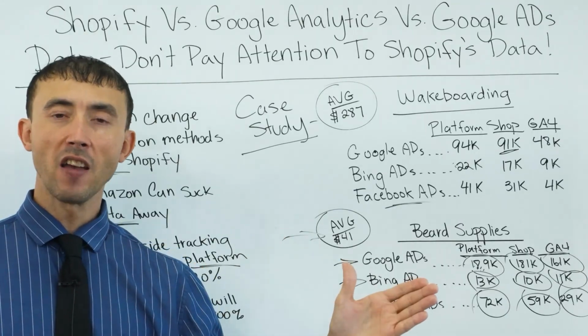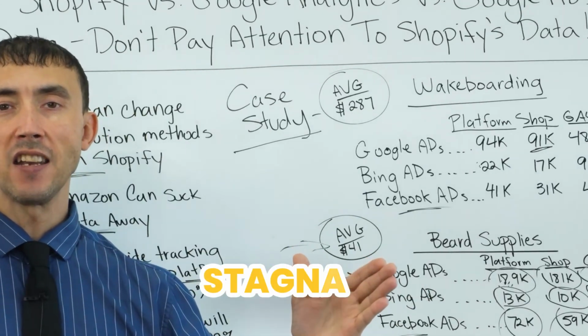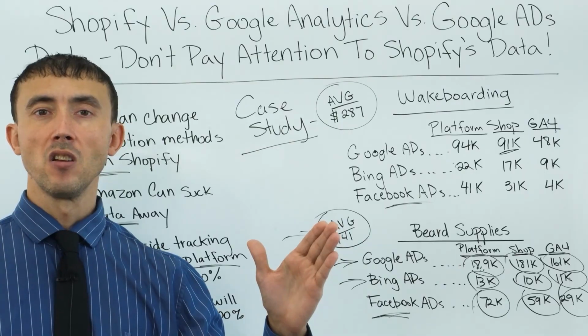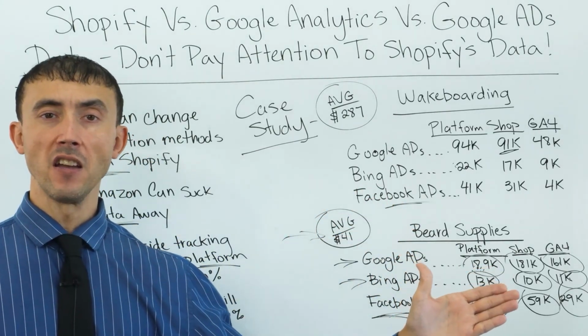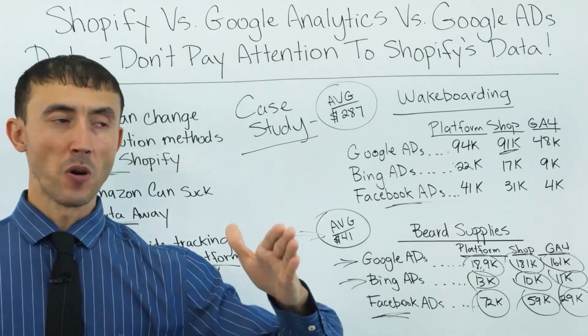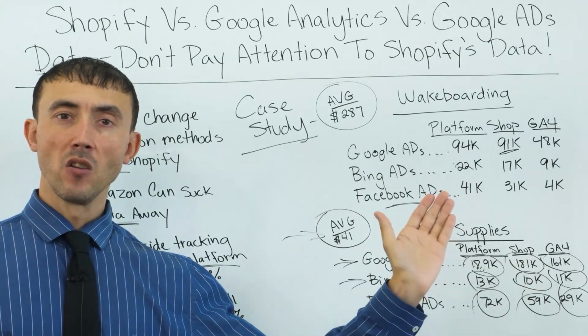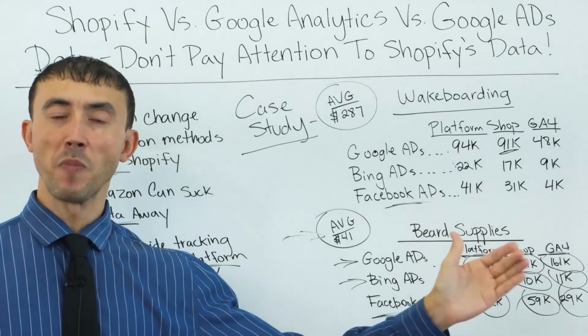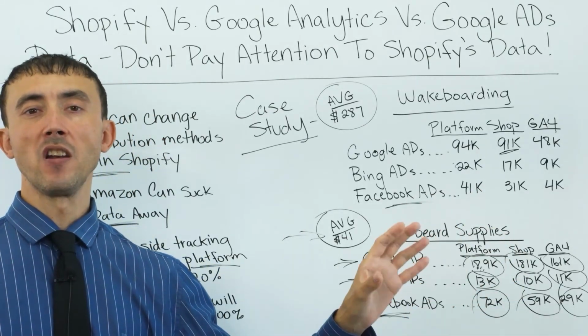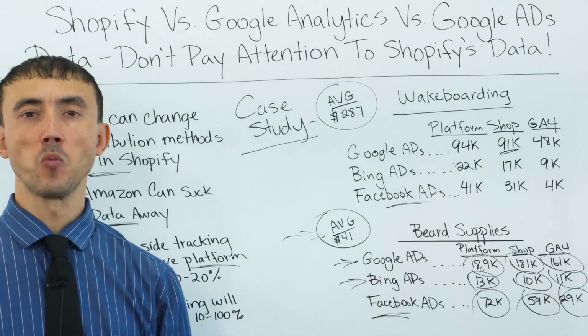Otherwise, it's going to make a ton of errors and just ultimately stagnate because it doesn't understand why a keyword was working one day and it wasn't working another day, because ultimately the person put their order through the phone today, and then now the campaign thinks the campaign doesn't work and backs off. All that can be avoided if you just get the offline sales into the account as well.